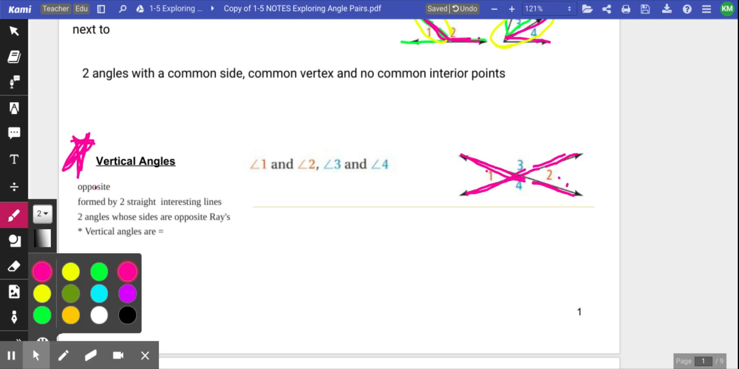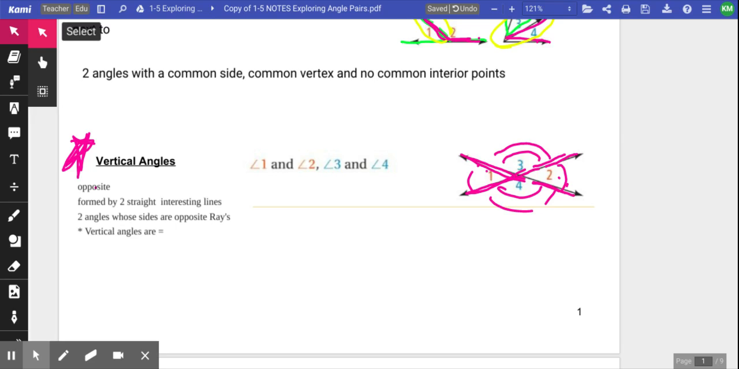In addition, vertical angles have a super important relationship: they're equal. So I know that angle 1 and angle 2 would be equal, as well as angle 3 and angle 4. The angles have sides that are also opposite rays. That's just another way to check that you have vertical angles. All right, then we can move